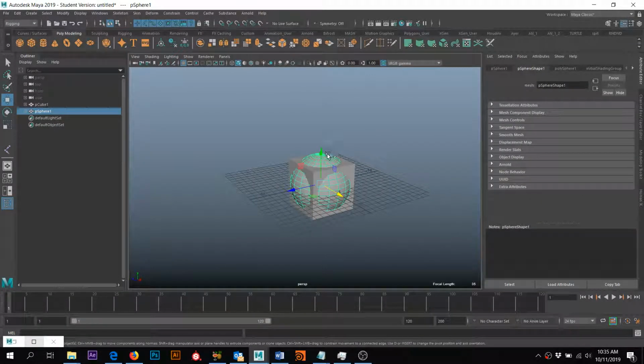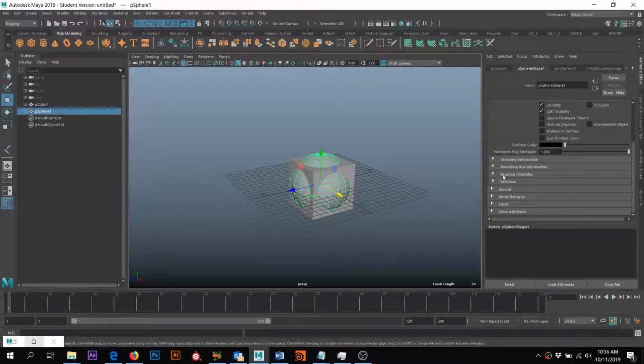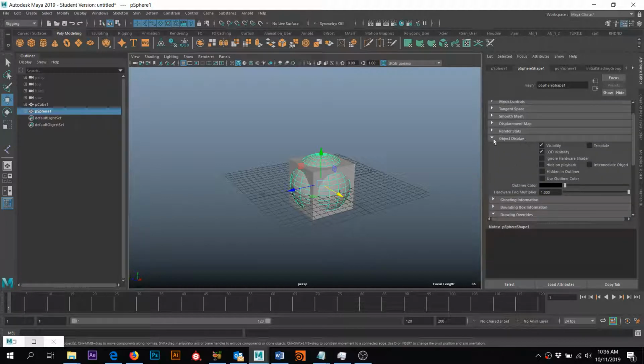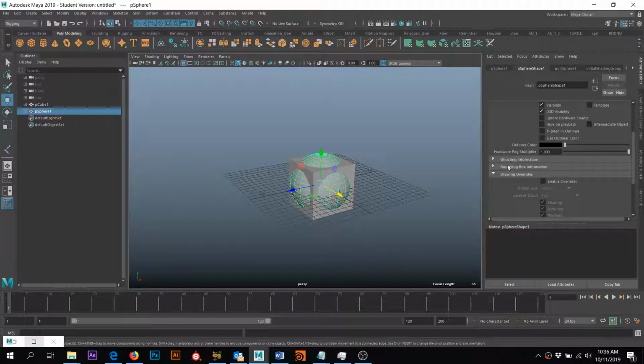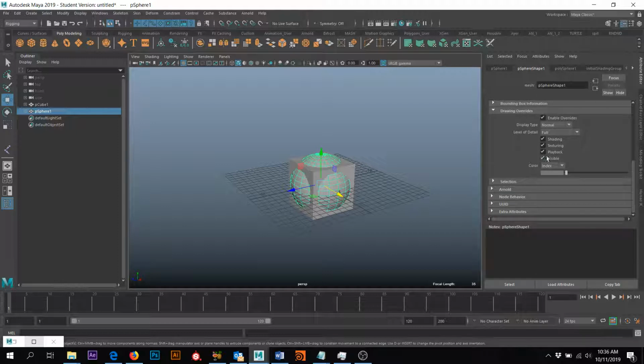Okay, so let's say we want to see the sphere, and that would be our LOD 0. It's what we're going to look at, but we don't ever want it to render. So if we go into Object Display, there's going to be a Drawing Overrides section. That's under Object Display and then Drawing Overrides, and this will be the same thing for the LOD 1. So what we need to do is enable, and then we need to come down to